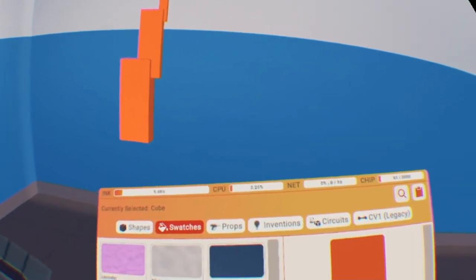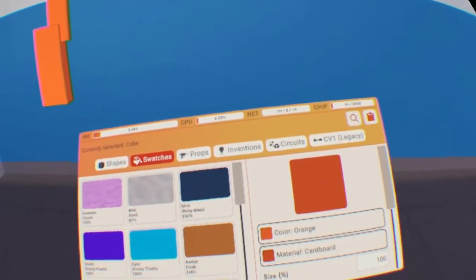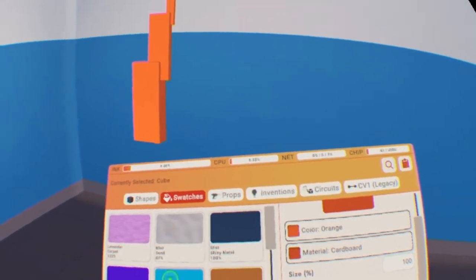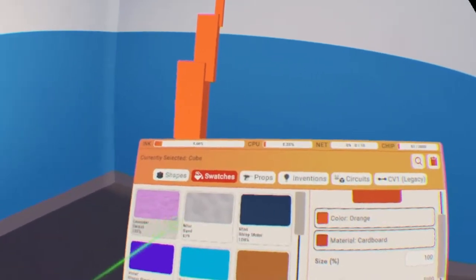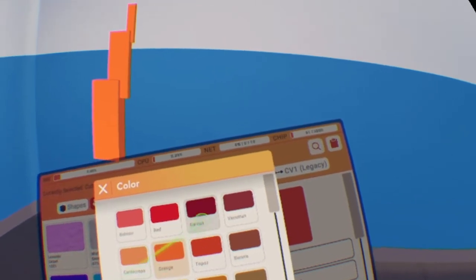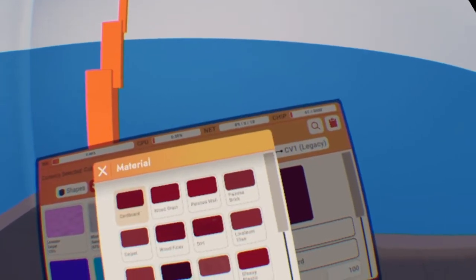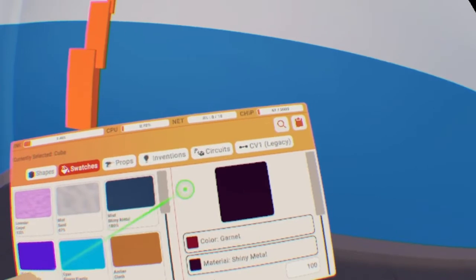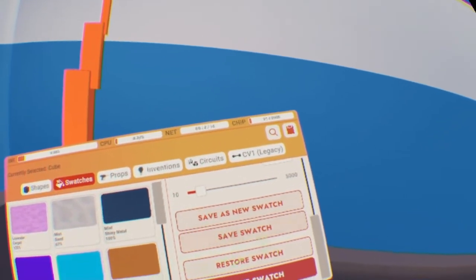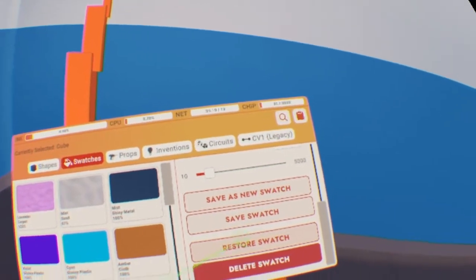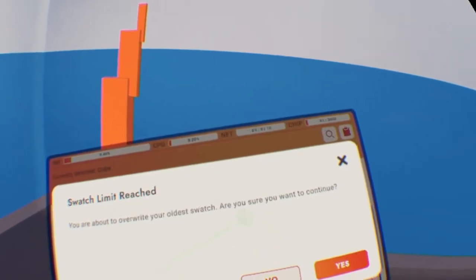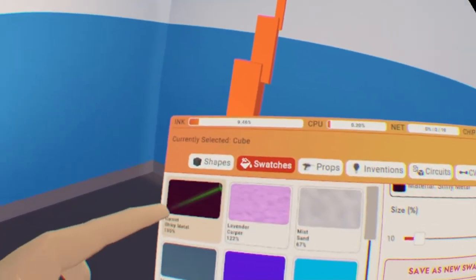Swatches are your colors and of course your materials. What's cool about these, when you first open this, you're not going to have all these colors, but how you can make your own swatch is we can go here, select a color. Let's just do garnet. And material, let's just select shiny metal. You can change the size if you scroll down a little bit, and then after that you can delete a swatch here or restore a swatch. But right now we're going to save this swatch as a new swatch. Yes, and as you can see,